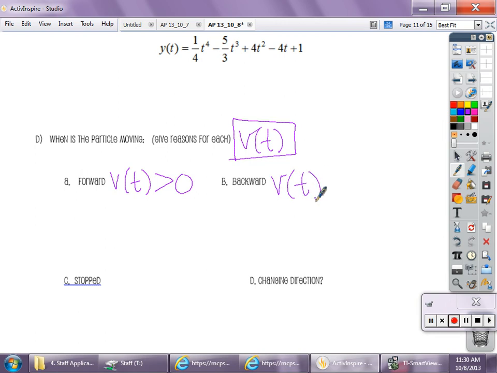Backwards. Now that you see all that, what do we know for backwards? Less than 0. Because what kind of velocity gives you going backwards? What kind of velocity is less than 0? Negative. When do you know you're stopped? Velocity is 0. How do we know we're changing directions? 2 reasons. First reason, velocity is 0. Second reason, and